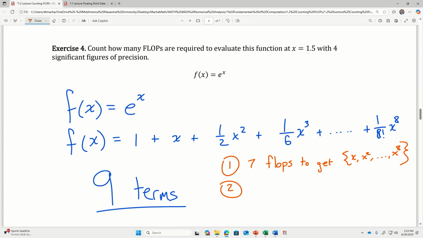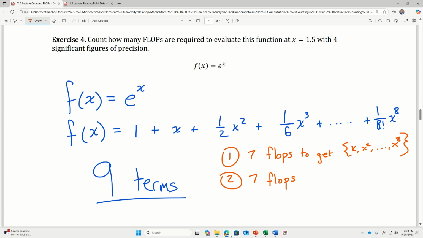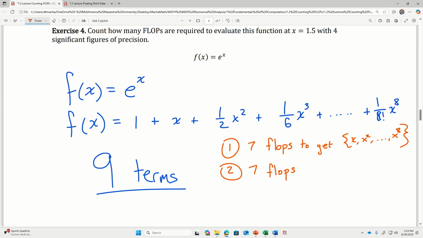And then we only need flops to multiply each power of x times the coefficient, in which case there's only 7 flops, right? Because you got to do x to the 2 power, x to the 3 power, and so on up to x to the power. The other viewpoint is you could say, maybe we don't have those coefficients stored in memory, in which case you would need the 7 flops in order to multiply the powers of x, but you would also need,